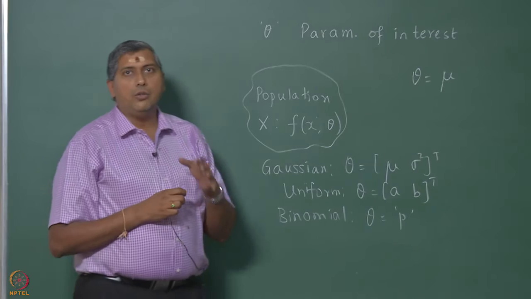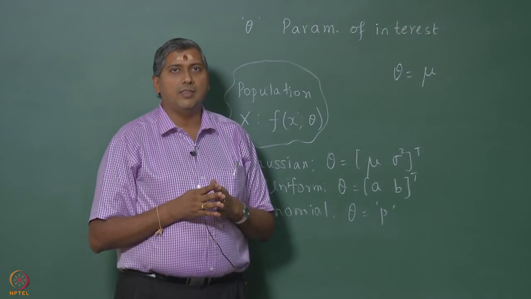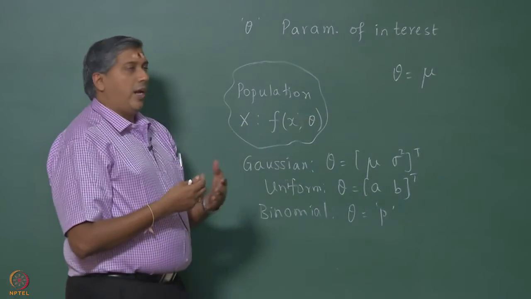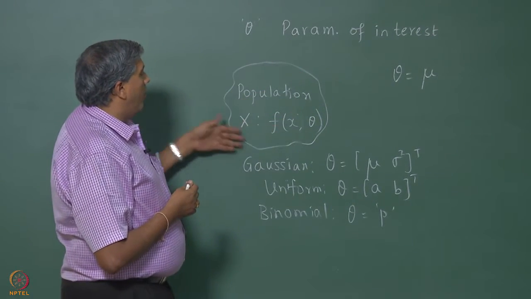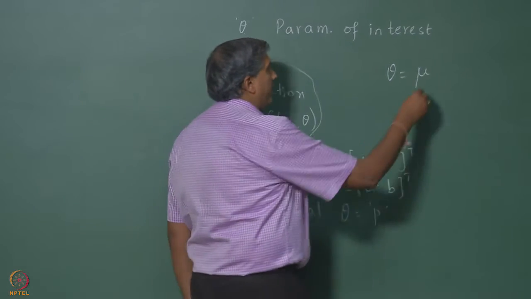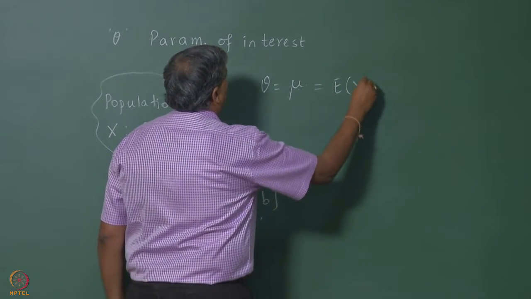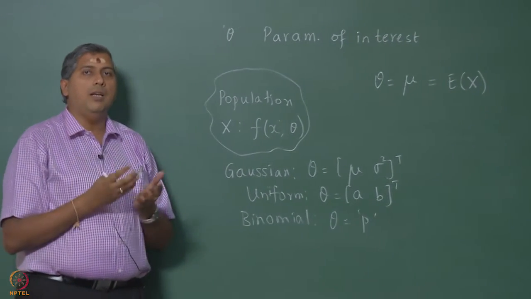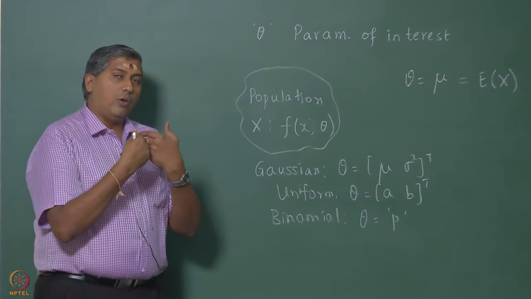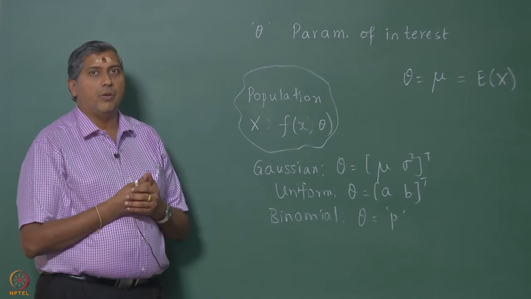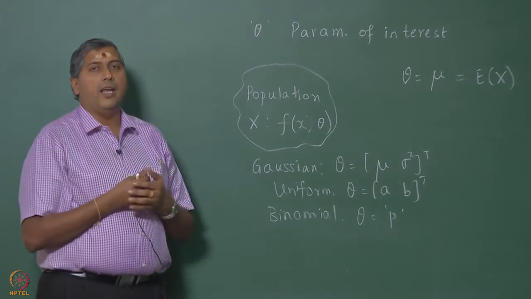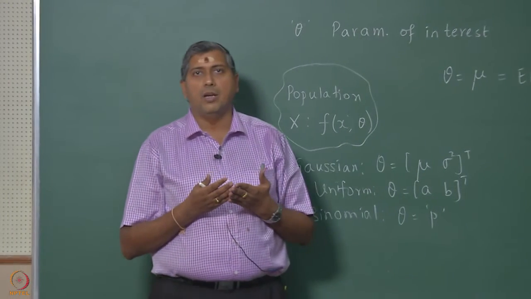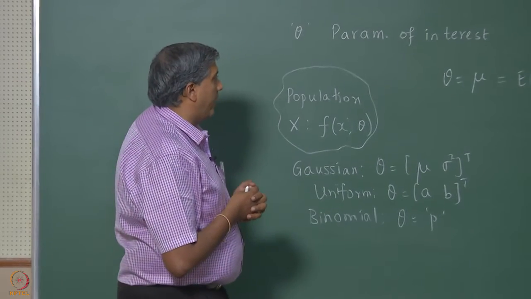Now, in order to conduct such a hypothesis test, of course, ideally what I would like to do is look at the entire population and use the definition of mu, which is that it is the expected value of x, that is, the average value of all possible burning rates. That is, I look at all possible specimens coming from the manufacturing process, experimentally determine the burning rate, and take the average. Clearly, that is an impossible task to finish in finite time.